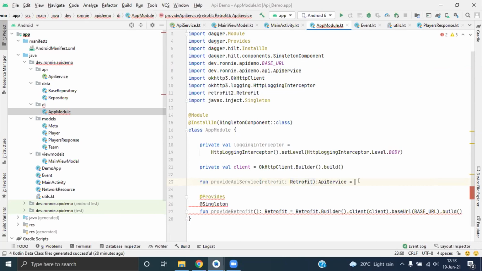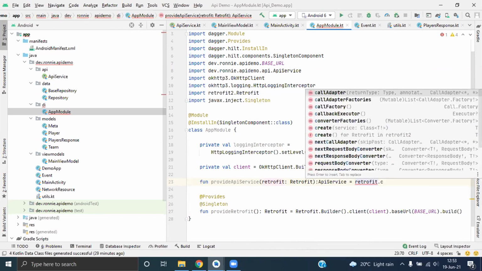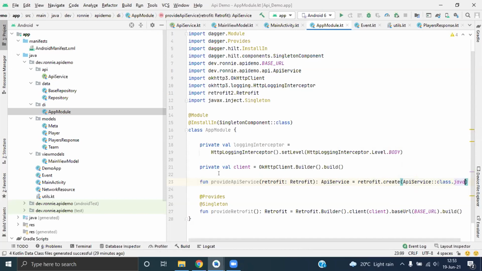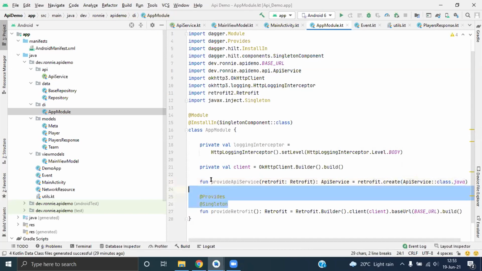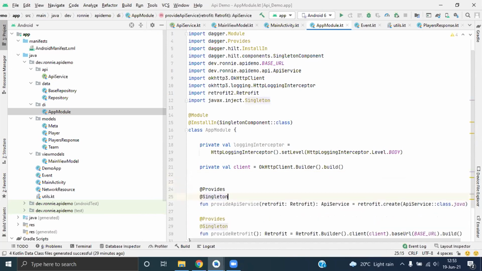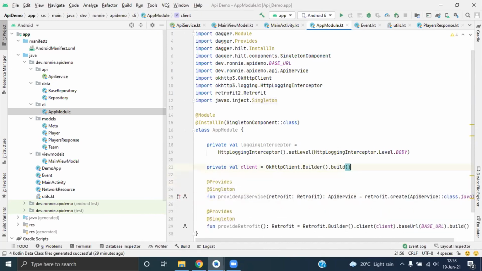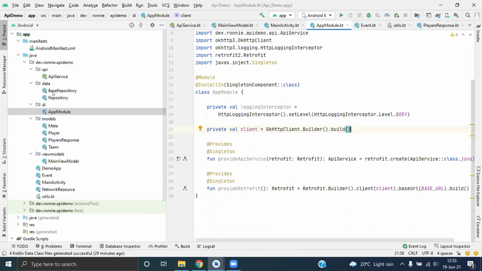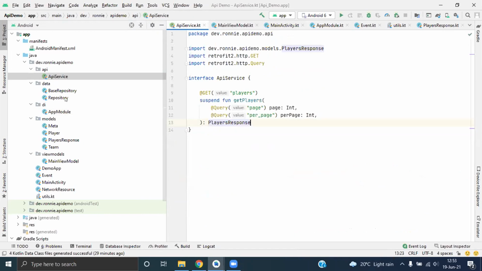So let's now create the class, which is retrofit dot create, ApiService dot class dot java, and annotate it like Provides. I think these are the things that we need for our app to run for now.